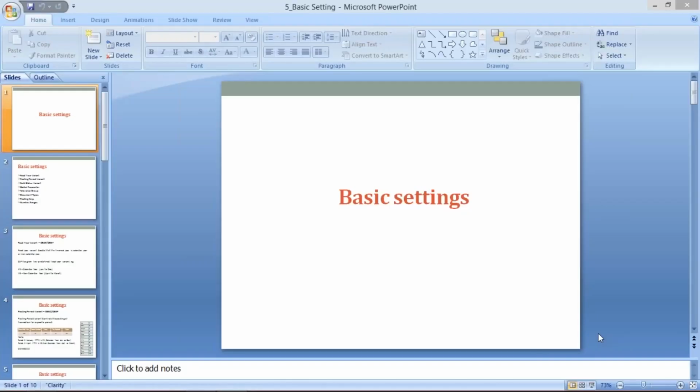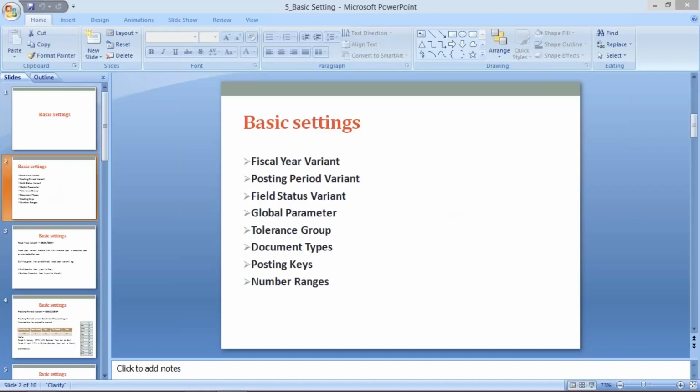Okay, guys. So in today's session, we are going to start basic settings. Basic settings means there are lots of settings which are mandatory and which we have to do. These are the configurations itself, like fiscal year variant. So as I explained last time,